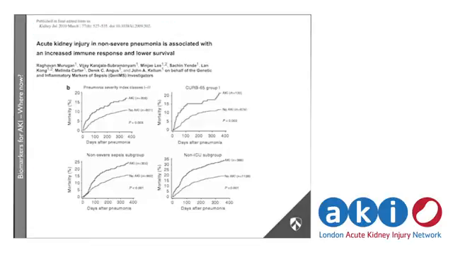But we do have some evidence about these things. This is a study from John Callum's group in the States. The important thing about this is that this is a group of patients who were actually not that sick and didn't initially get admitted to the intensive care units, and you have to be pretty well not to get admitted to an intensive care unit in the US. And what they found was that AKI was associated with significantly increased mortality in groups defined by pneumonia severity index or their CURB-65 score, or who didn't have severe sepsis or didn't come to the ICU.